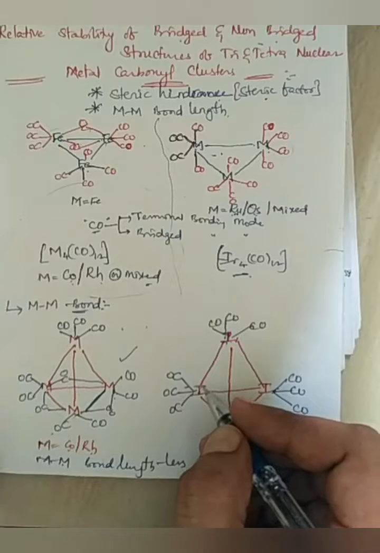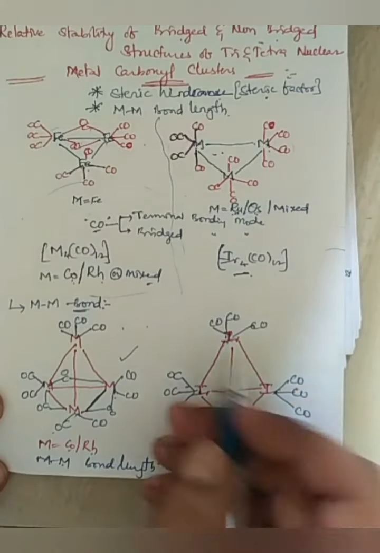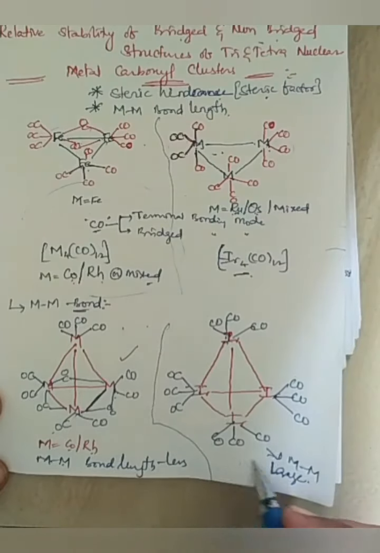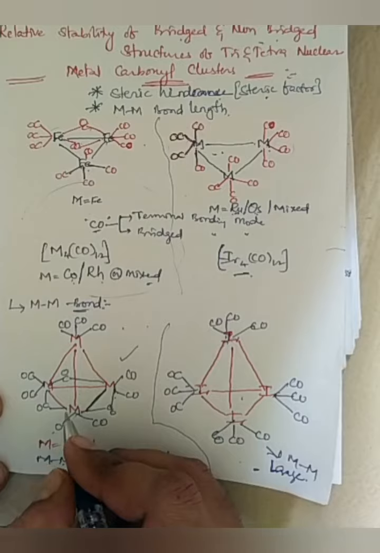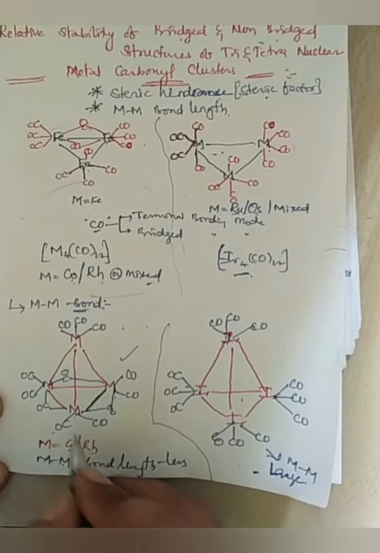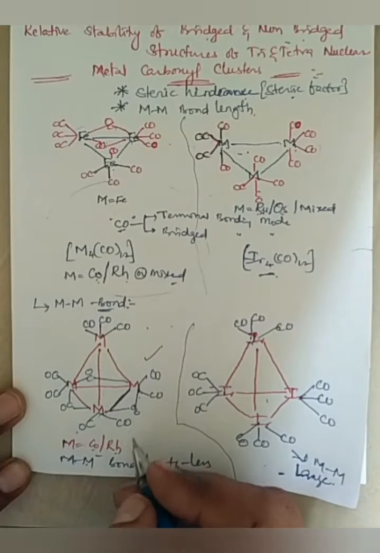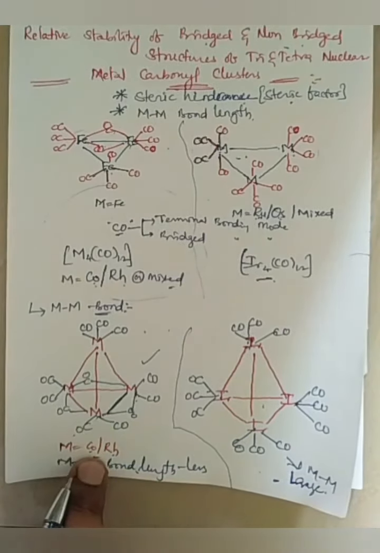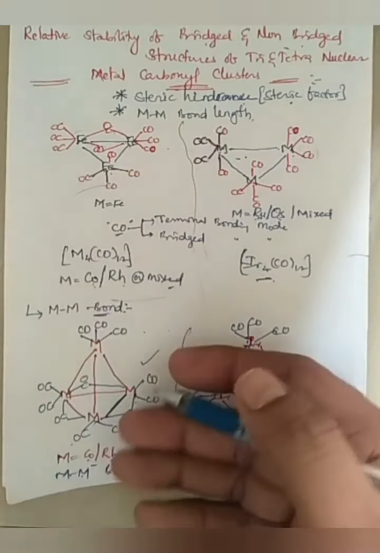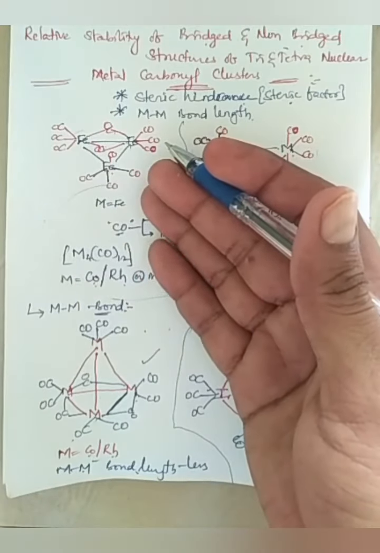Due to the larger bond lengths, they are supposed to have non-bridged structures. When the bond length is shorter, it gives the possibility of the bridge structure. So cobalt or rhodium will exhibit bridge structures in tetranuclear clusters, whereas in trinuclear